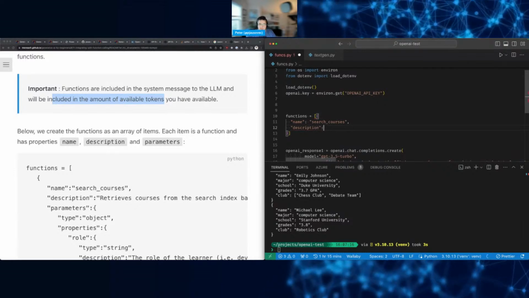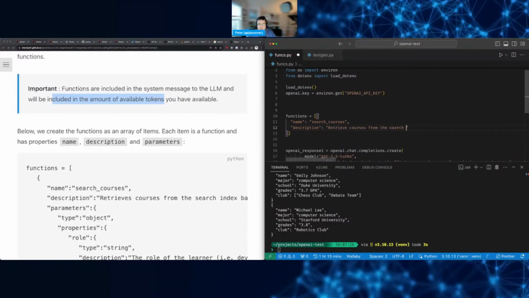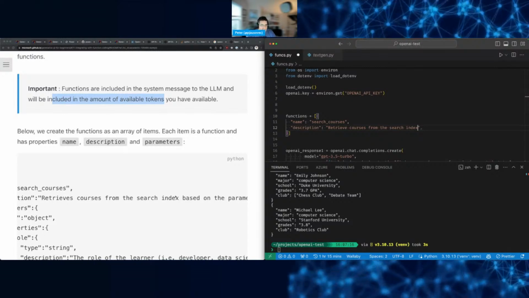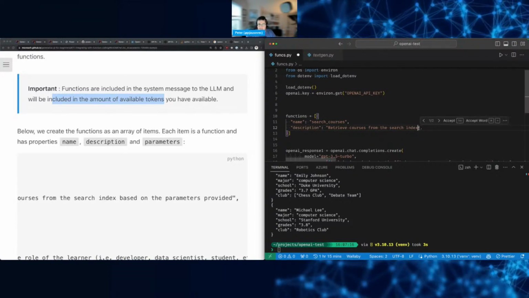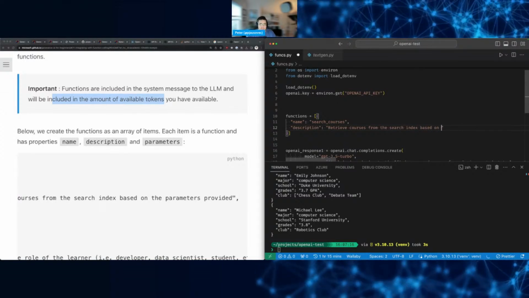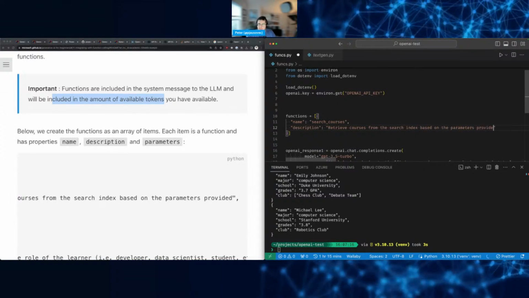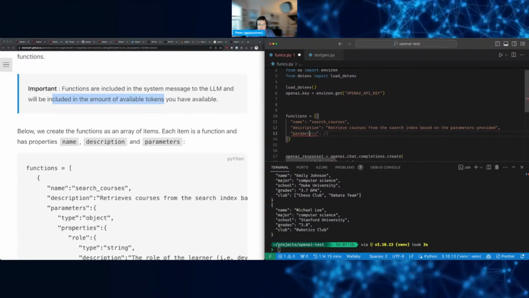Description, okay. Retrieve courses from the search index based on, I'm typing in because I don't know if it matters or not, this description. Otherwise, I would probably make it simpler. Search based on the parameters provided. Okay. And then parameters. So this is where like